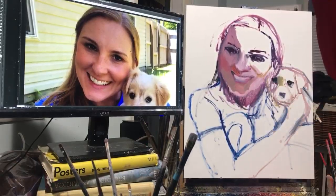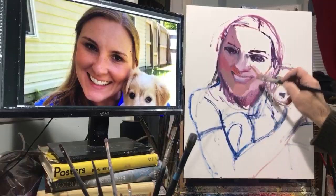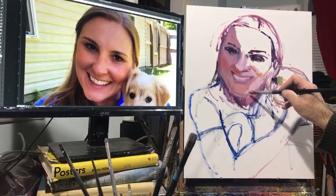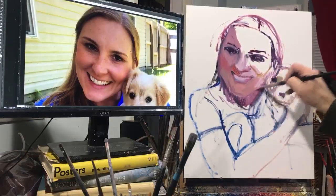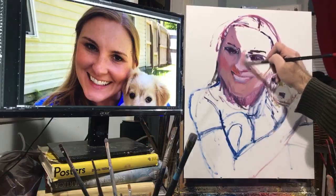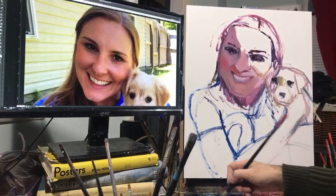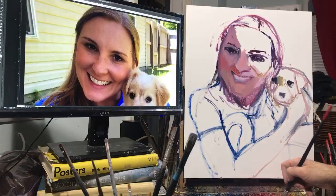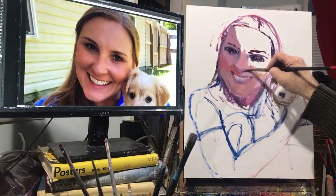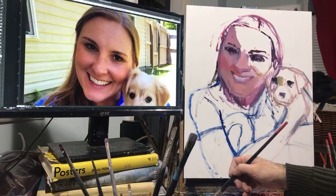color structure here, but I'm trying to put in a little bit more structure to help create dimension in her face more than what I see in the photo. And then her nose is kind of overall a lightish pink color, and it's going to be a little bit darker on the lower side of her nose. I can see kind of hitting towards purple. So I'm just going to put that in, and I'm making her face too wide there, so I'm just going